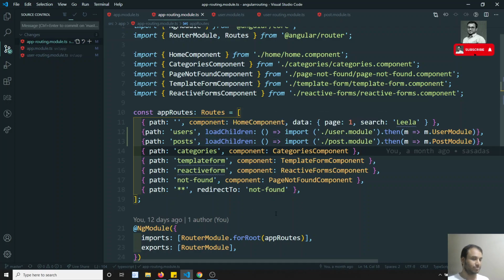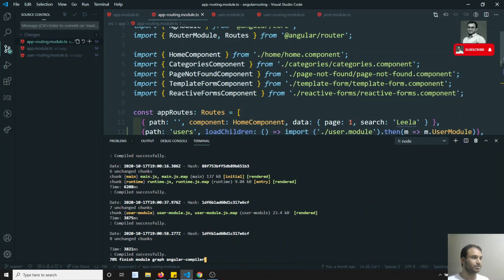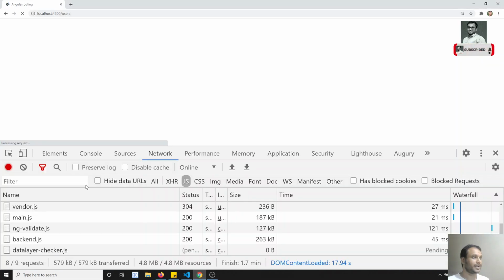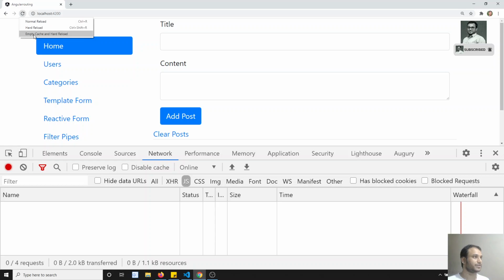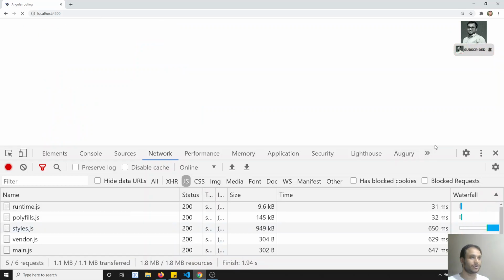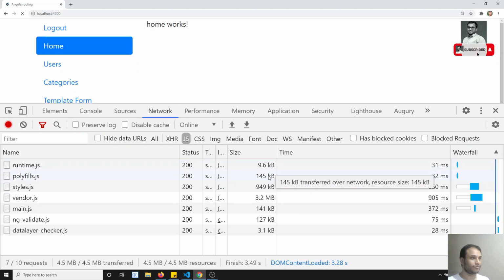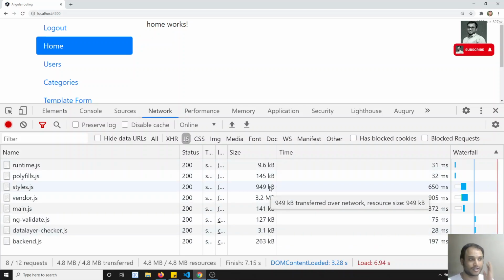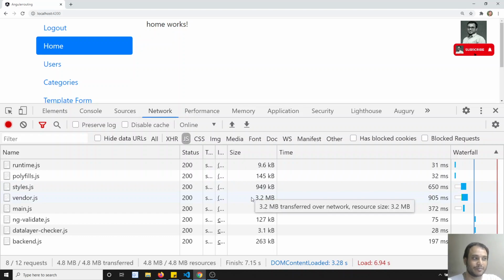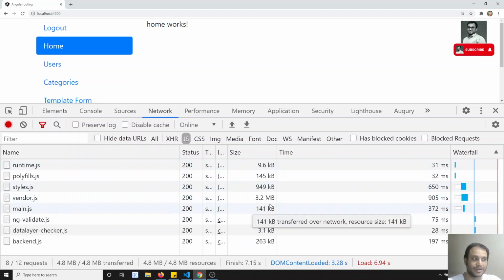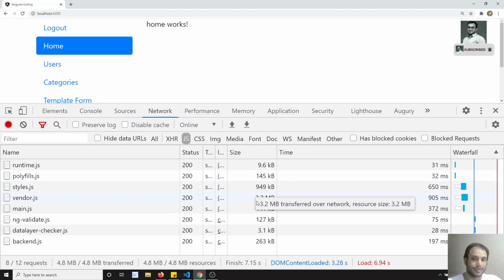Now let's try to refresh this one. We got nothing so far, so good. It has compiled successfully. Now if I go here, I can go to the home page, empty the cache and reload. So now we got the same thing. There is not that much impact. But if the project is bigger, you will be able to see a drastic change in the file size. We only have KBs here, so that is the reason we are not able to see it. But for sure, if the project is bigger, dividing the modules will decrease the size drastically.